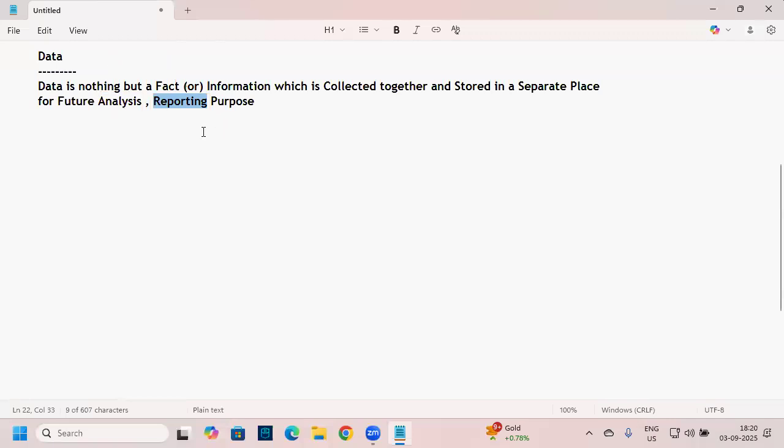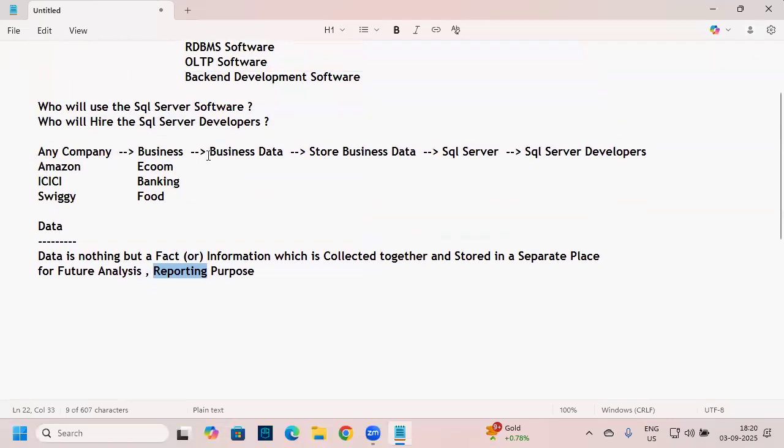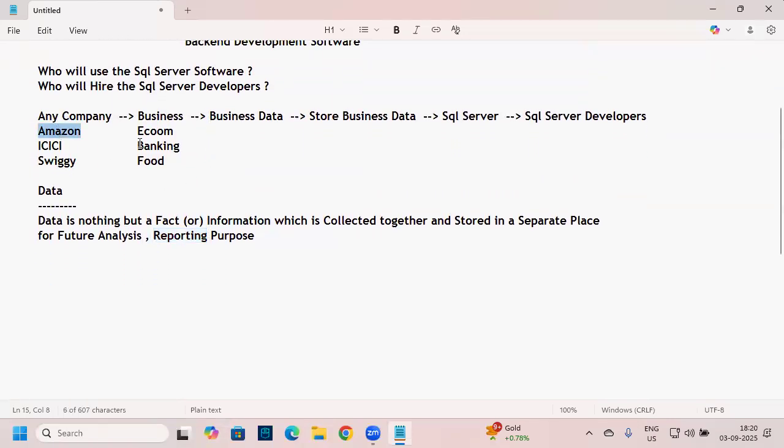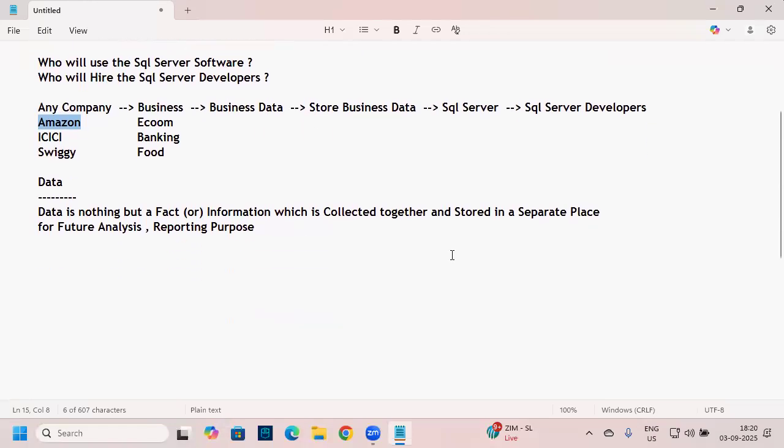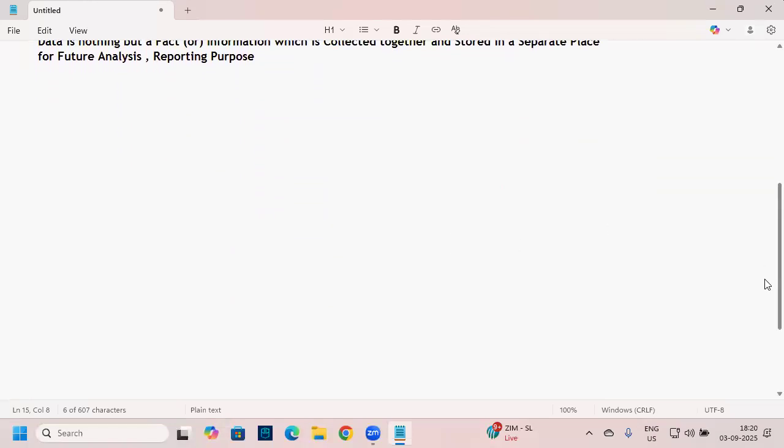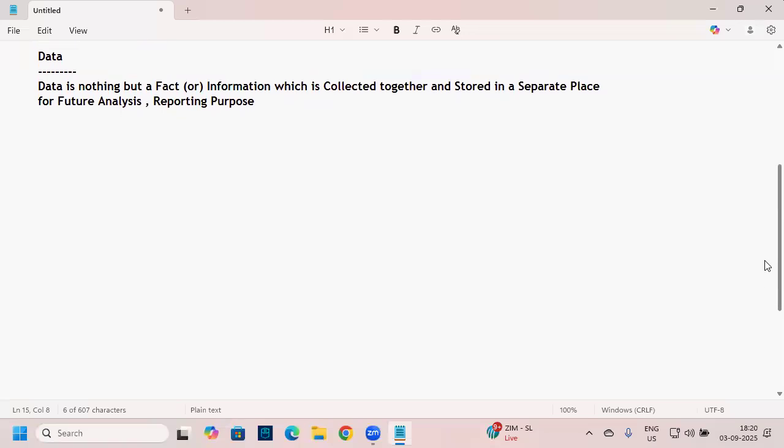Now, what is meant by reporting? Let's take an example: Amazon is asking us to create one sales report, guys. They want to understand their sales data. They're asking to create one sales report. Now, in that sales report, first they're asking to show product-wise sales. To show the product-wise sales,